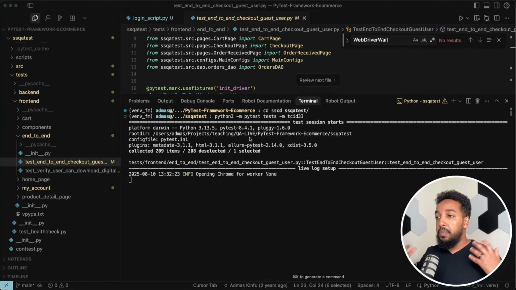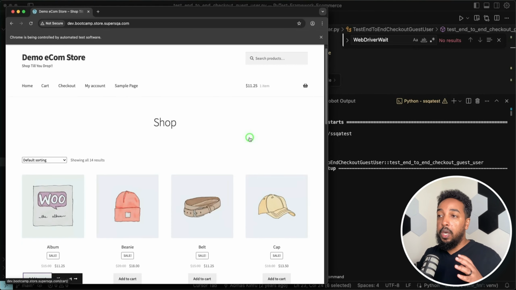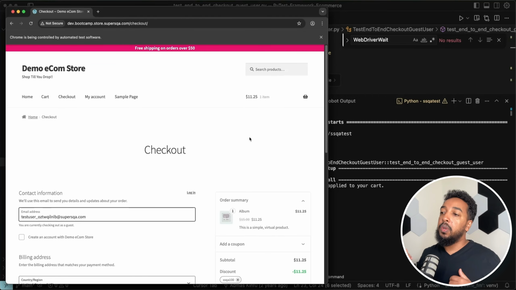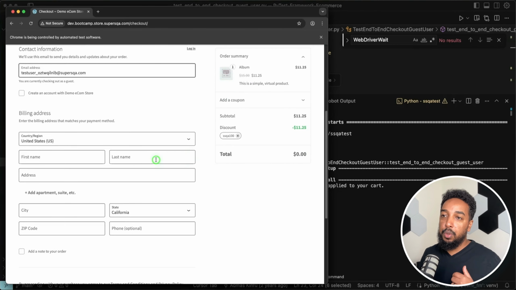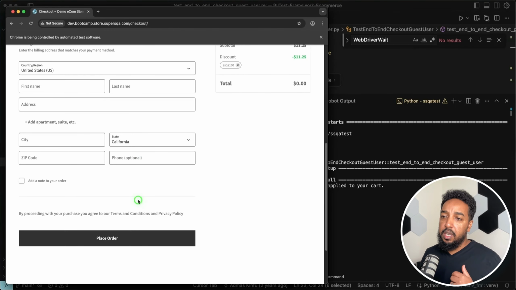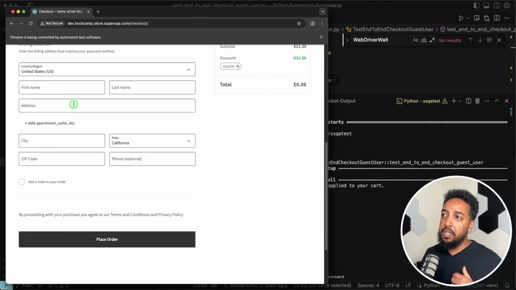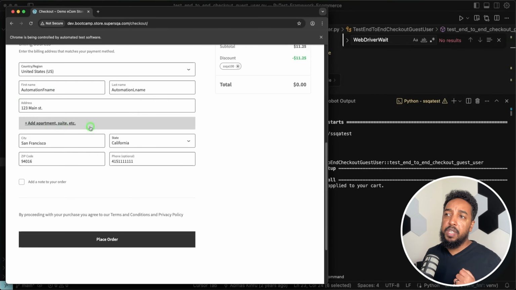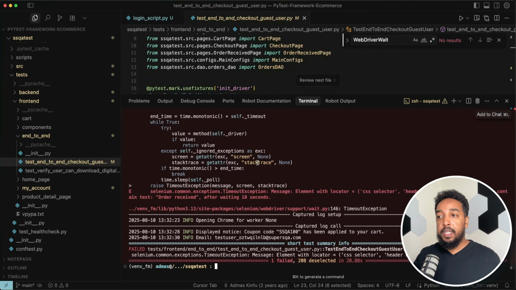So now you're going to see the browser open, go through the checkout. Add item to the cart, apply coupon, go to checkout, fill in the form, right? If I scroll this, it doesn't need to scroll, so it won't show us, but it's filling. In this case, it's doing something weird. It didn't fill this out. So this test actually might fail. Oh, there you go. I don't know why it took a long time, but it did fill it up, right? Fill in all the form. It's going to click on place order. Then the next page is going to say, hey, thank you for your order or something like that. It's going to look for that and it's going to know.